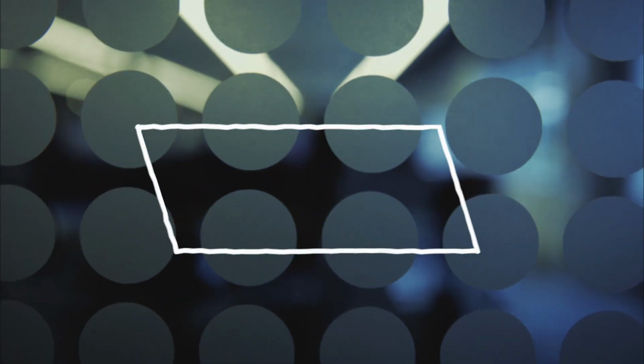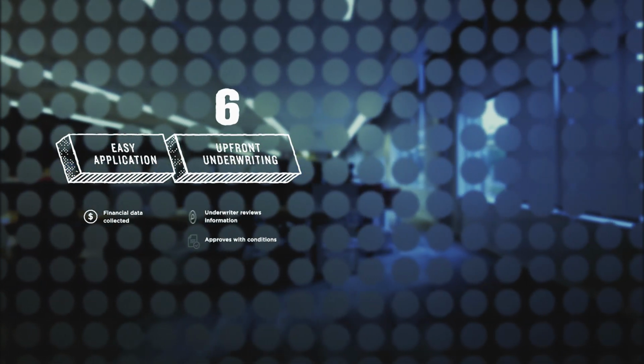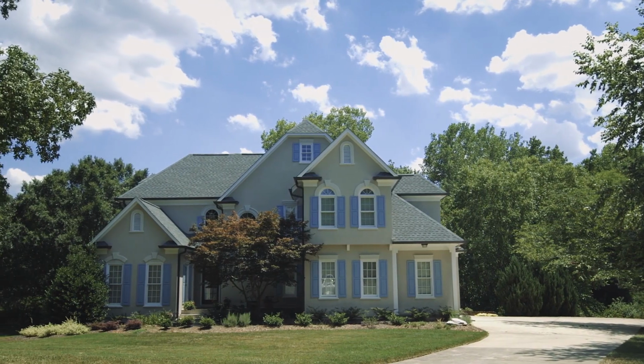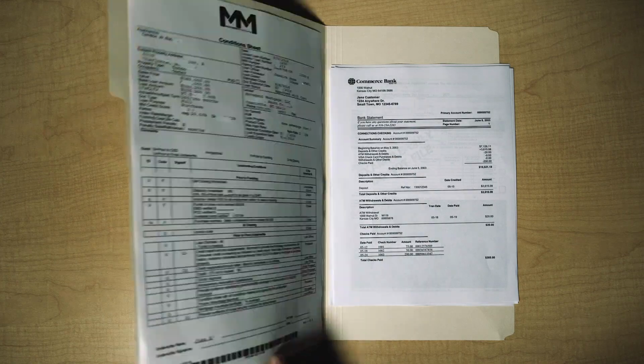The great thing about that is that it happens first. And when the underwriter does this initial review, they have a goal of pre-approving the file within the first 6 hours. Now our future homeowners can shop for a home knowing exactly what they are approved for. Next, the underwriter makes a list of conditions, or items the file needs before it can be fully approved. Then it's sent immediately to...